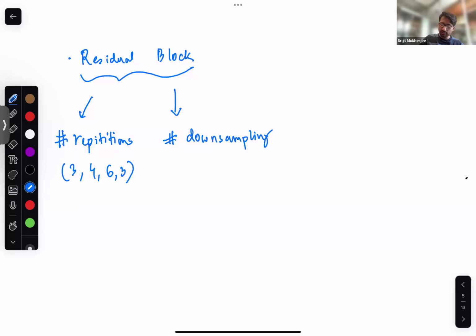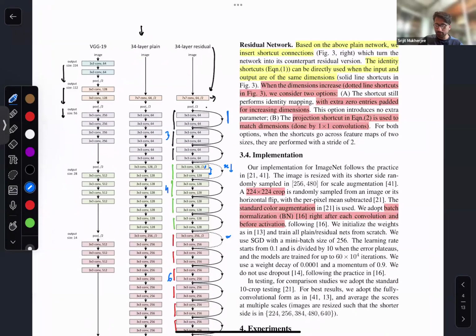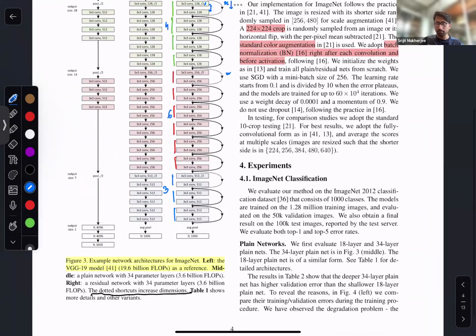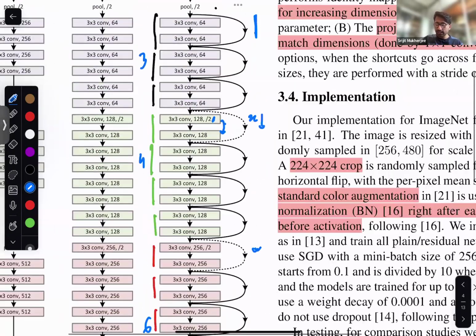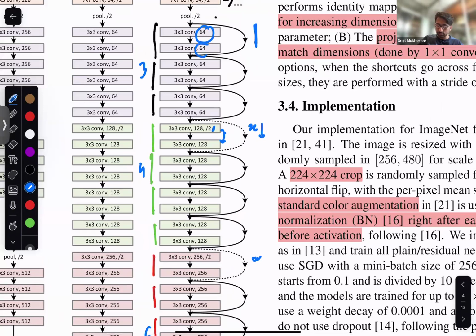Which blocks? For example, the second block, the third block, and the fourth block, right? If you consider each of these as the blocks, the downsampling is happening in the second, third, and fourth at the starting point, right? What else is there? Another thing is that in this case, all the output layers are 64, 64,